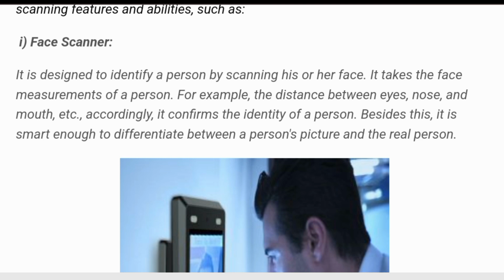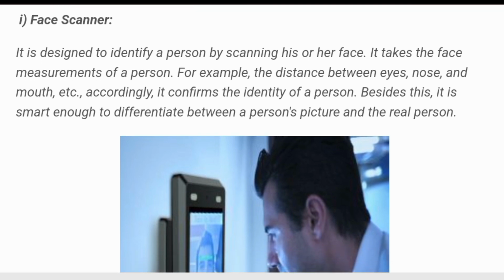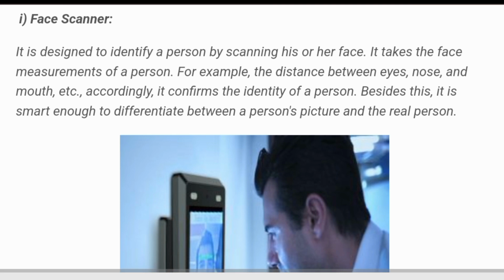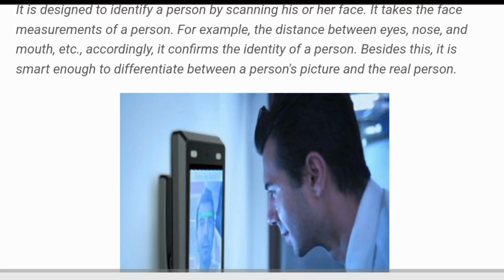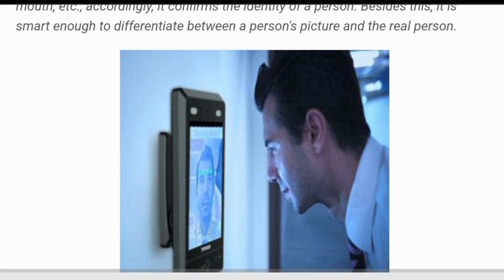It takes the face measurements of a person, for example, the distance between eyes, nose, and mouth, etc. Accordingly, it confirms the identity of a person. Besides this, it is smart enough to differentiate between a person's picture and the real person.